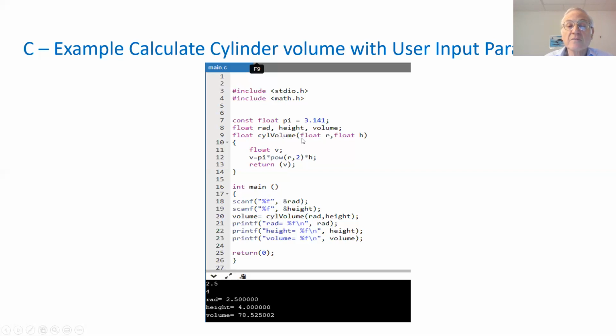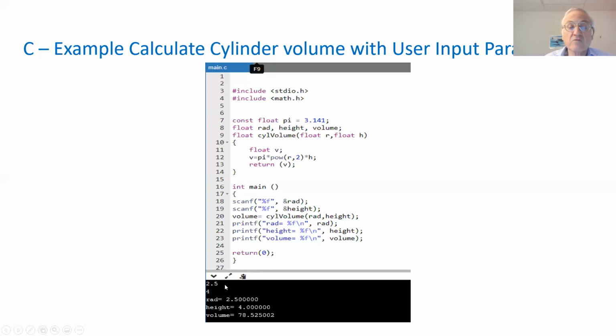We call in this function, and the parameters that we transfer to the function are rad for R, and height for H. And these parameters will be determined by the terminal when we input them. And then when we're done, we print the rad as a floating point, and then \n will take a new line, and then this will be bringing rad over here after the equal sign. And similarly, we do for height and volume, and then we return 0 on the main.